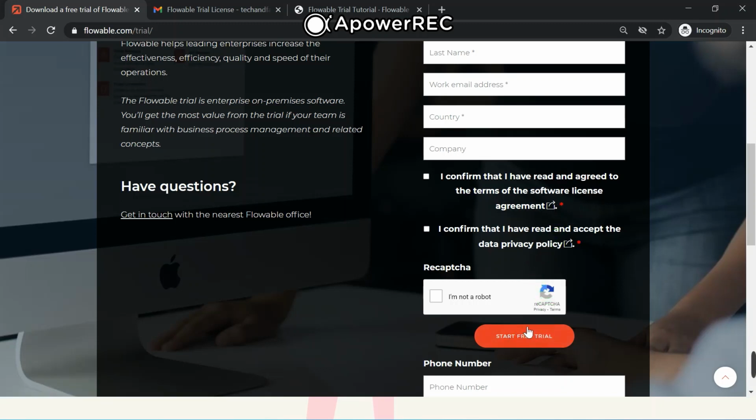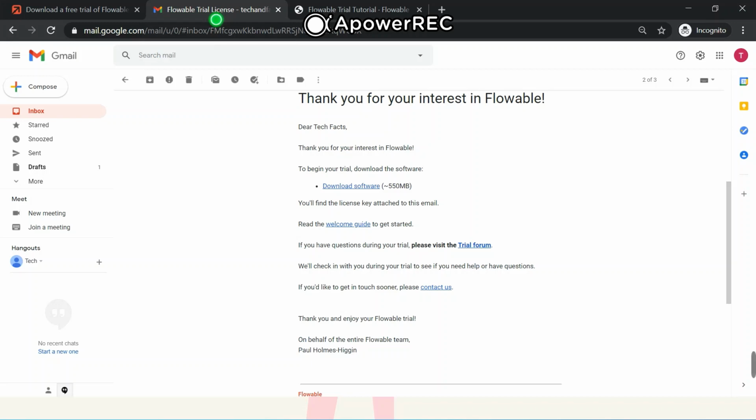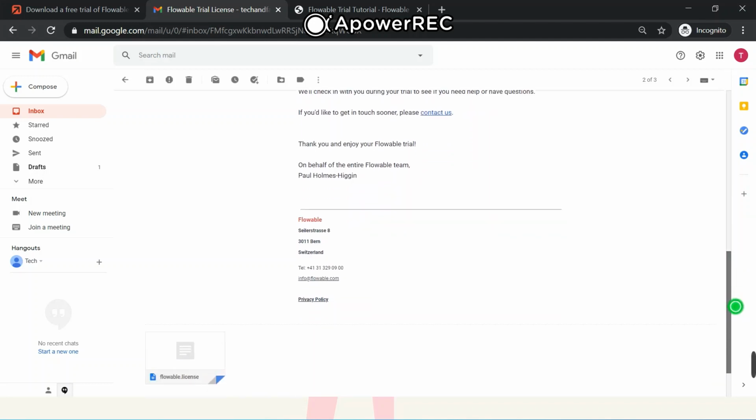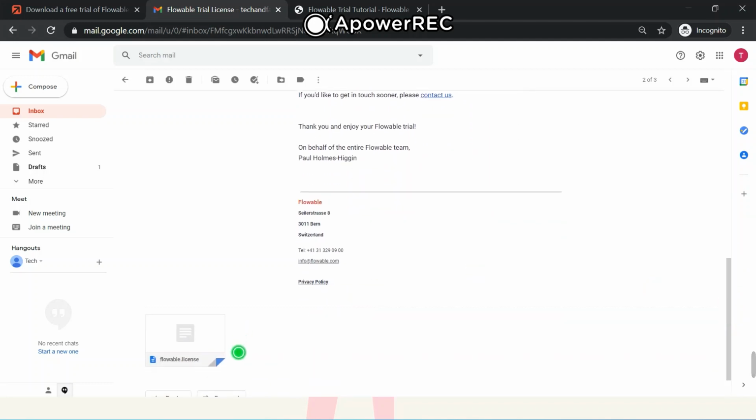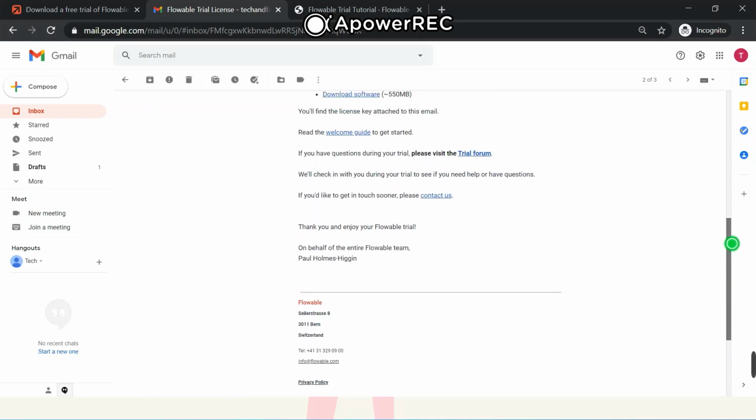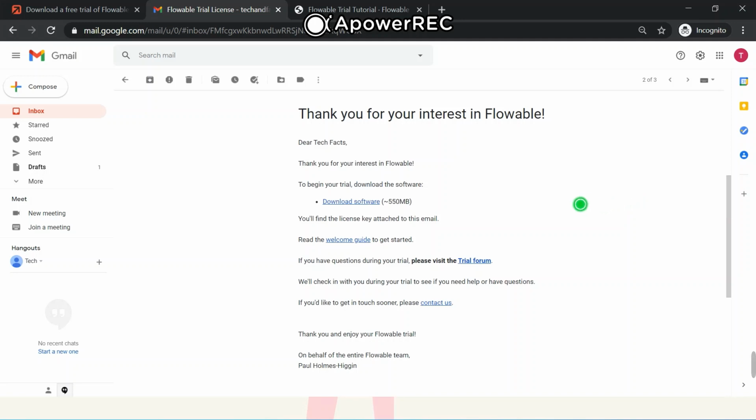Once you are done with that, you can click on this free trial button, with which you will get a notification on your registered email ID, where you will get all the details, like the Flowable license file, which is for Flowable Engage, which includes Flowable Work, Inspect, Flowable Design, and Flowable Control for the latest version available. As of now, we have Flowable 3.8.0, which is the latest one. And after that, you will get all the other hyperlinks available in order to download the software, which comes as a zip.